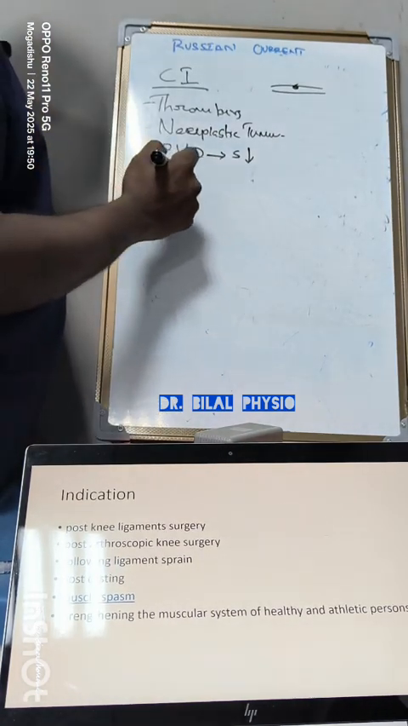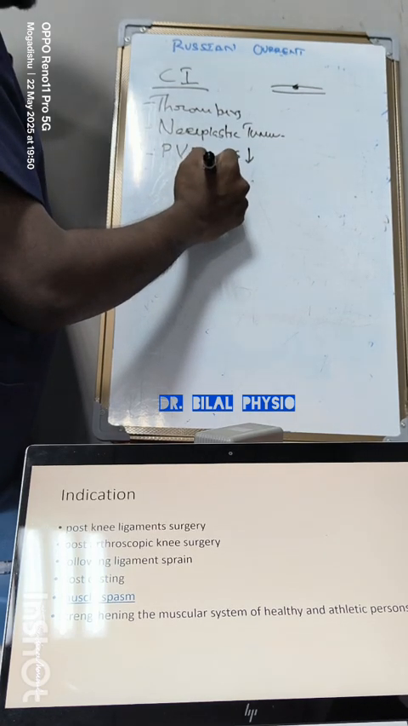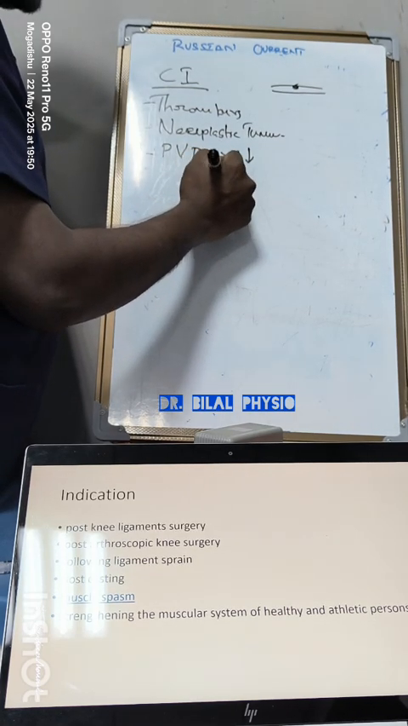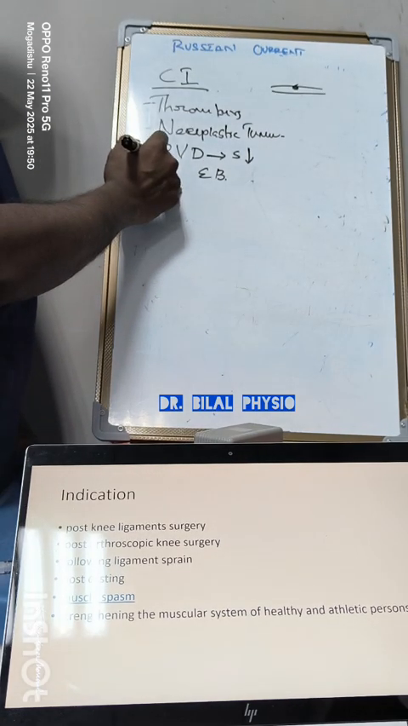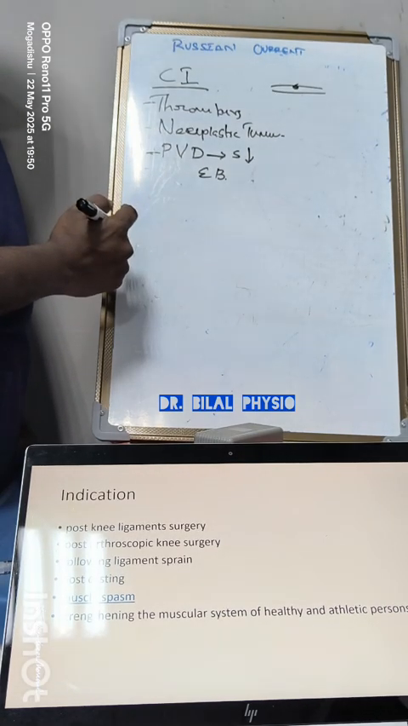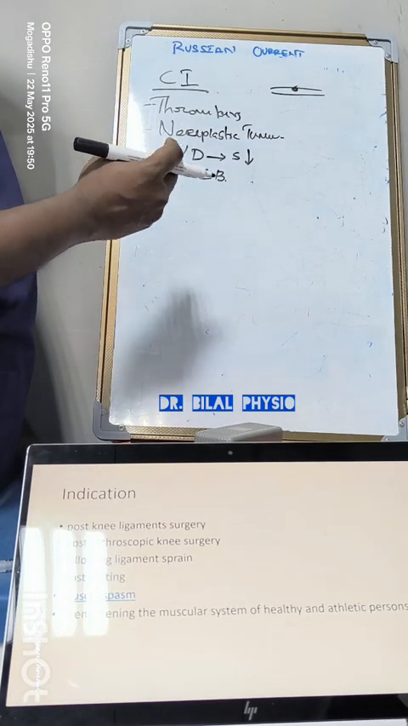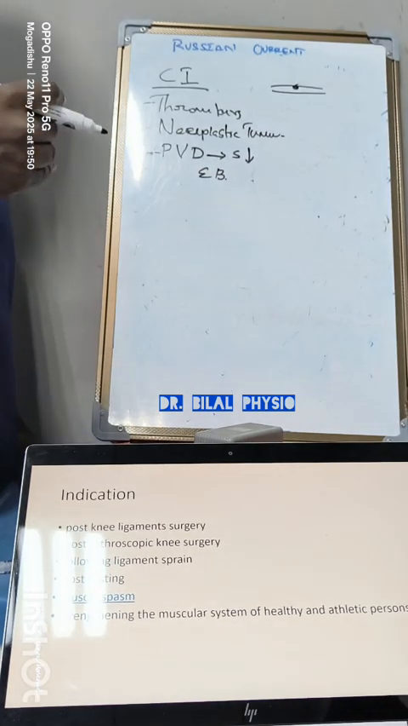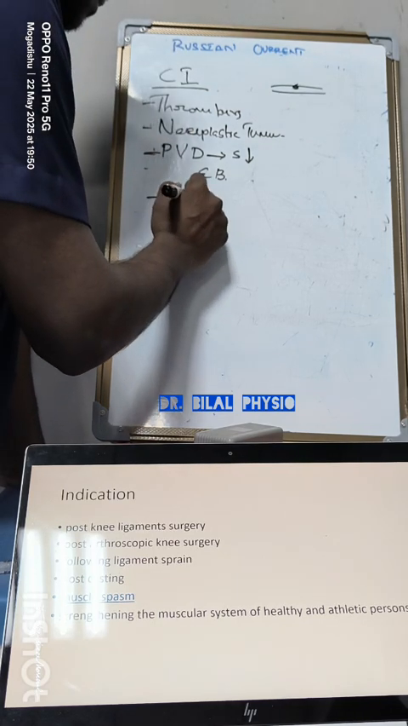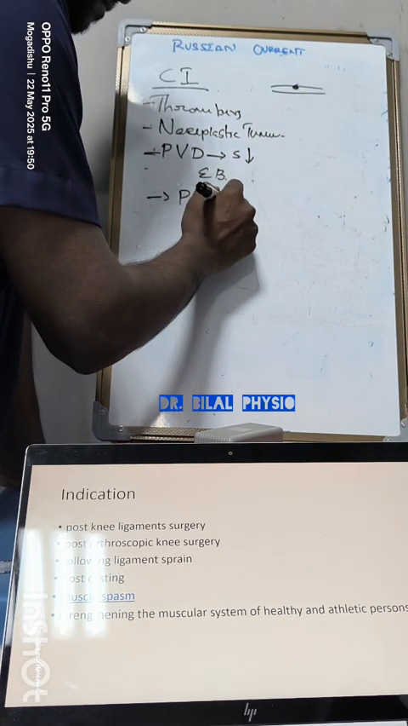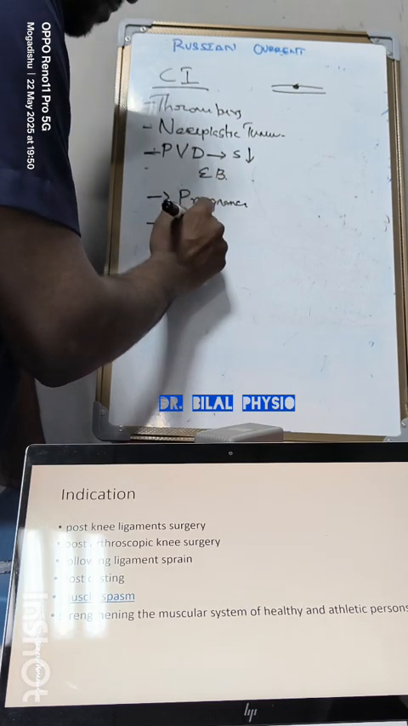Hence, for a patient with decreased sensation, if we apply the Russian current, it will lead to electrical burns. So we mostly avoid it for peripheral vascular conditions where a sensory issue is present, in pregnant patients, and over or near metallic implants,